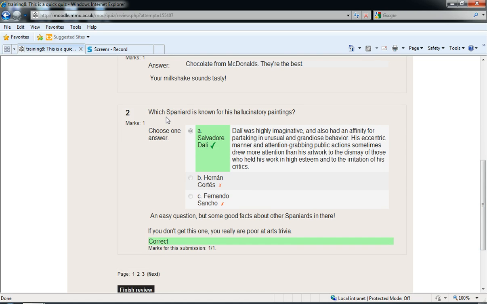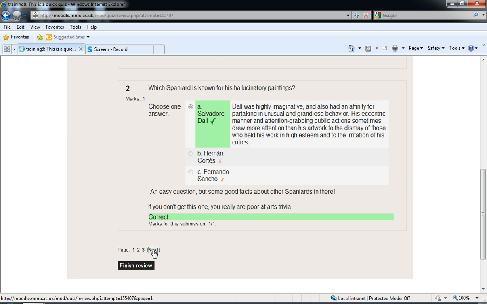There's also the next question, which Spaniard is known for his hallucinatory paintings? Dali. So it gives me some feedback on the answer that I've given, and it also gives me some general feedback. It says an easy question with some good facts about other Spaniards in there. If you don't get this one, you really are poor at arts trivia. I'm then going to go to the next page,